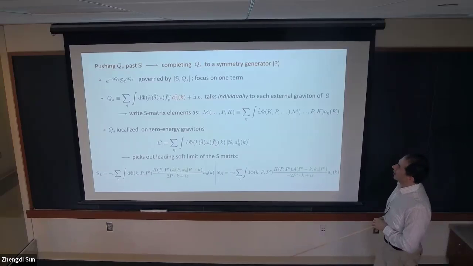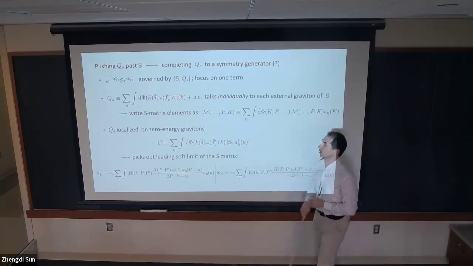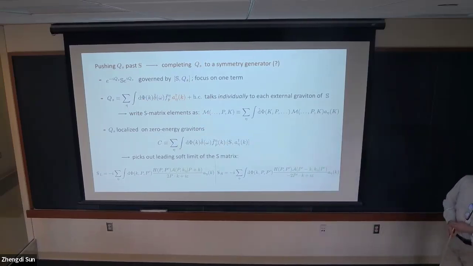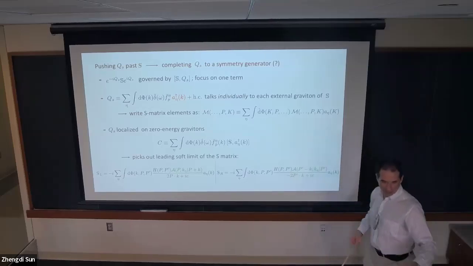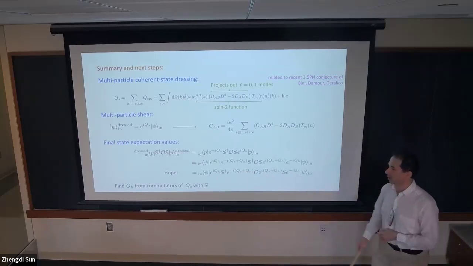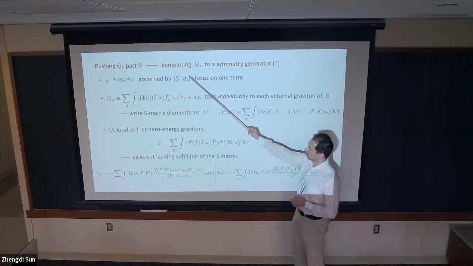Anyway, the idea is that this commutator, or rather this conjugation, is governed by this particular commutator, S with Q_S. Now, in principle, it's governed also by the nested commutator of that with everybody else. If we are bold and hope that in fact this combination actually commutes with the S matrix, then we need to worry only about this,